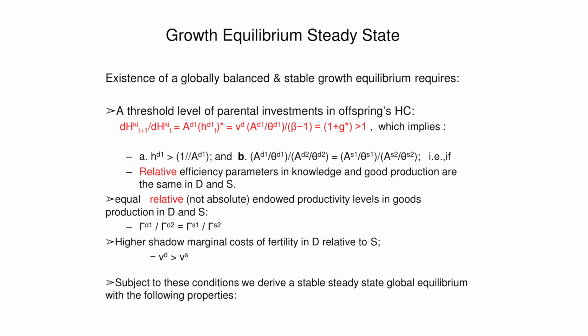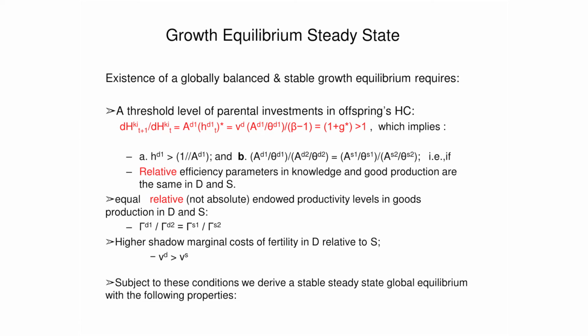We do have, however, to impose some restrictions on the parameters in the model in order to get a growth equilibrium path. And they are, as we know from the models of endogenous growth, we have to have a minimum level of educational investment that parents make in their children to get a growth effect. We now translate it into the determinants of the investment in human capital that has to do with the ratios that we have here